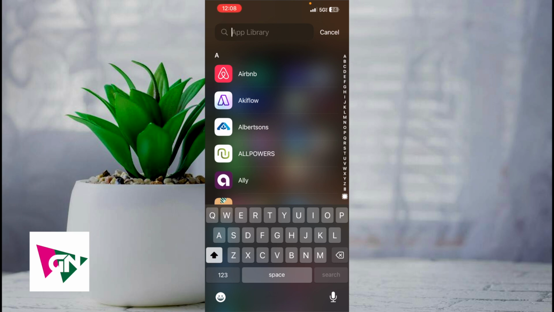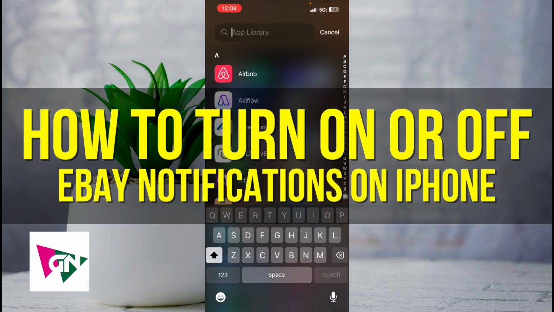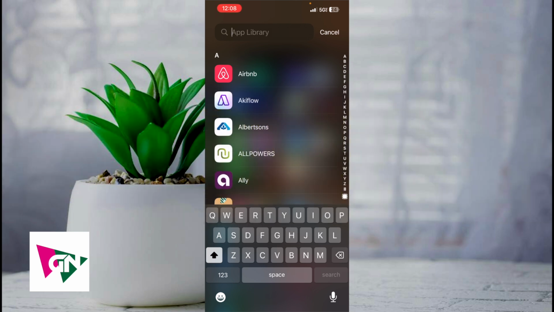And in this video, I'm going to show you how to turn on or off eBay notifications on your iPhone. Now this video is going to be particularly useful for individuals. Let's say that you no longer want eBay notifications on your iPhone. How do you actually turn it on or off? Now this video is also going to be short, sweet, and simple, guys. There's not going to be a lot of steps involved, but the way to actually do this is that you're